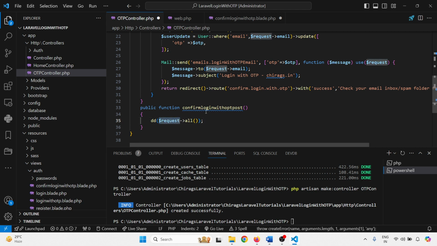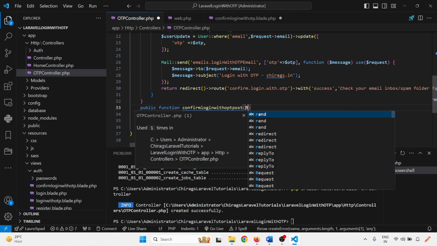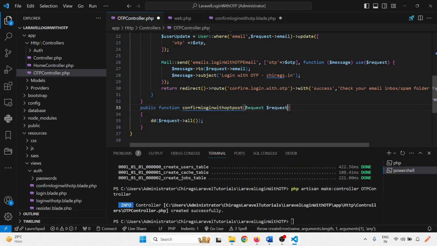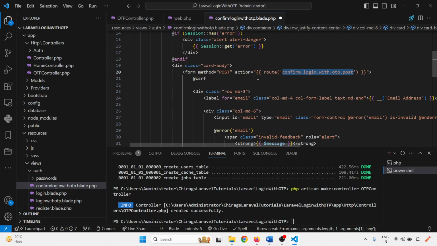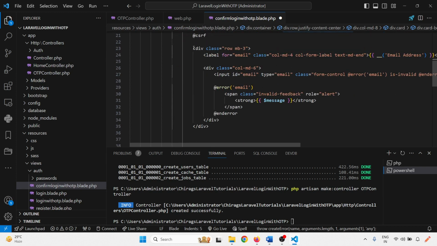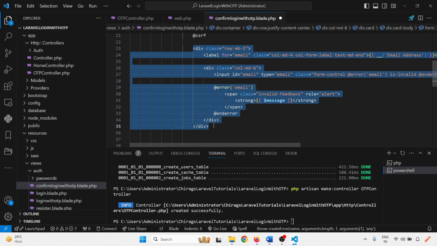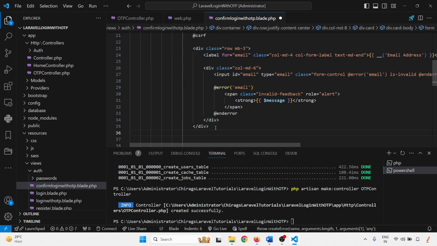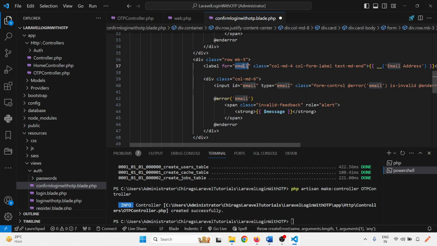This is a post request, this one. Okay, so this page up to this is completed. I'm getting that this one email, and same I need to insert here pass OTP. So paste that, then I'll create OTP